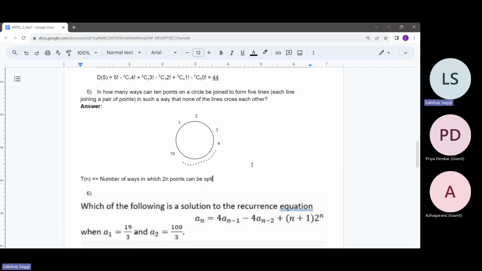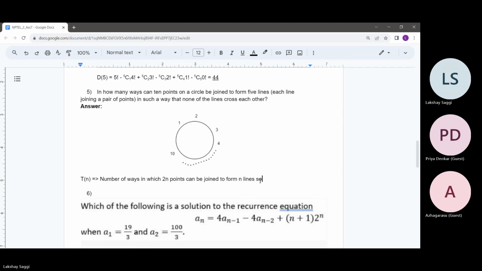You will understand later why I have defined this 2n for this T of n. So basically, in this question, we have 10 points and we need to form 5 lines. So in general, I have defined T of n as we need to form n lines out of 2n points,